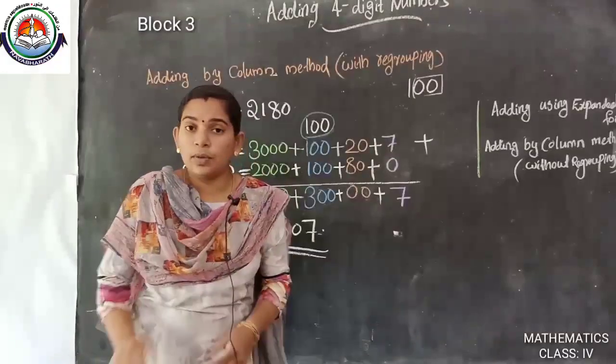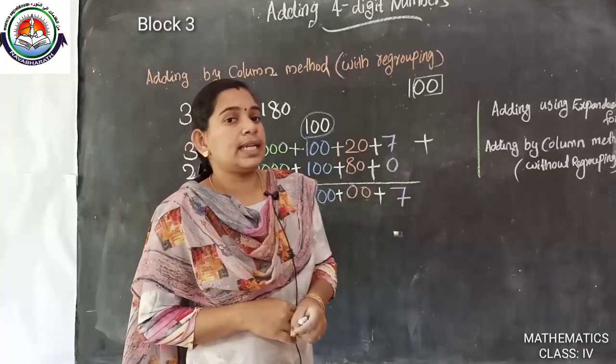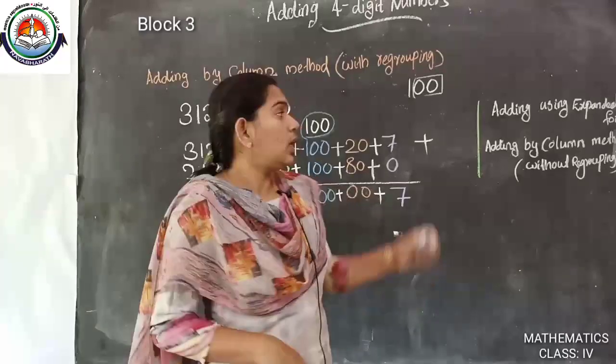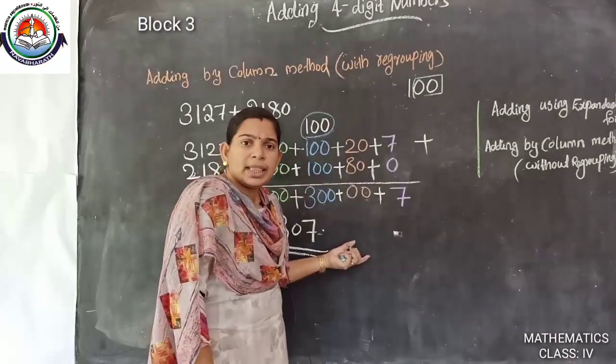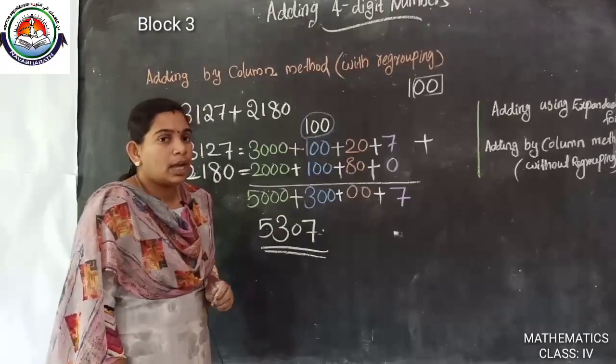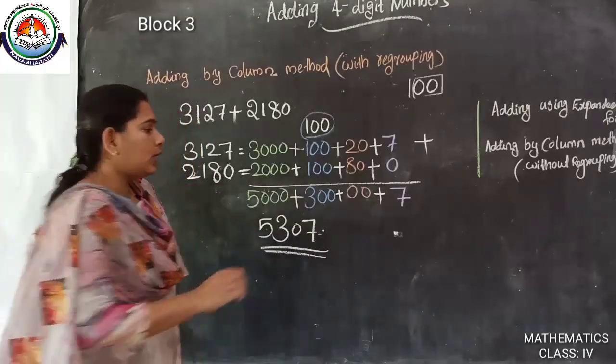With regrouping means when we are adding we will get a carry. Okay. Then we will say this is not a column method. This is expanded form. We can make this a column method. How do we do it? Very good. We are drawing